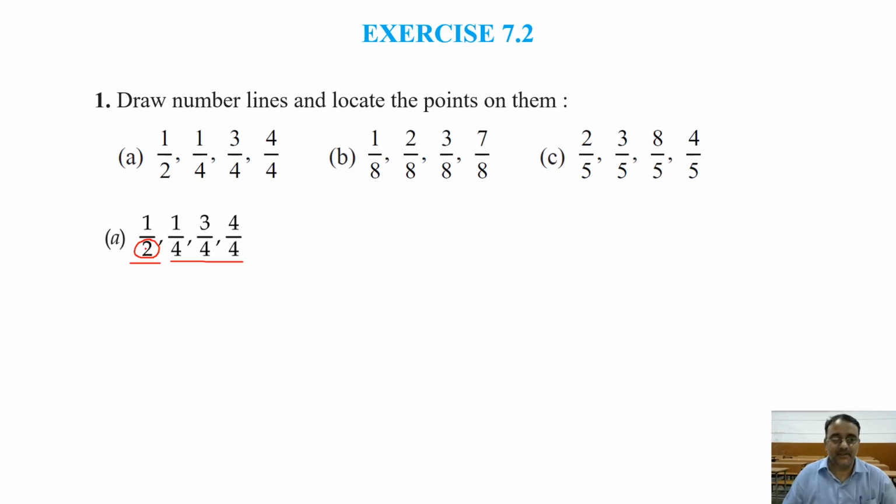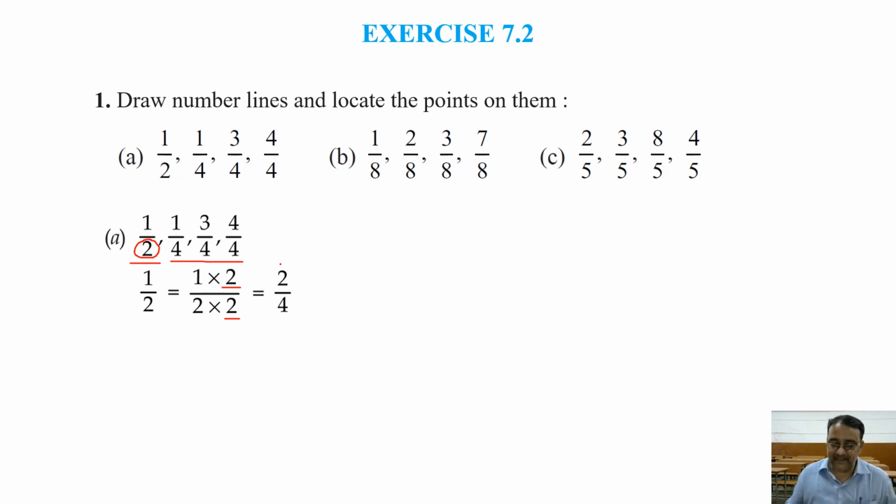2. Very good. So now whenever we have to multiply both numerator and denominator, that you have to keep in your mind. जब भी multiply करेंगे, numerator और denominator दोनों को multiply करना है. किसी एक को multiply नहीं कर सकते हैं. So if you multiply the numerator and denominator by 2, you will get 2 by 4. Now in place of 1 by 2, we are going to take 2 by 4. Okay. So अब क्या करेंगे?